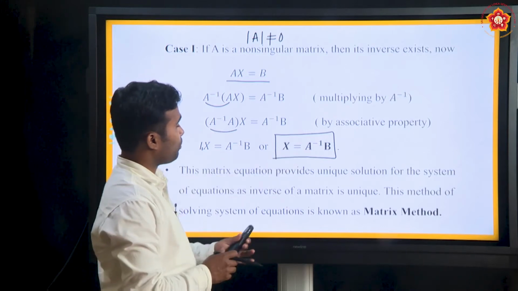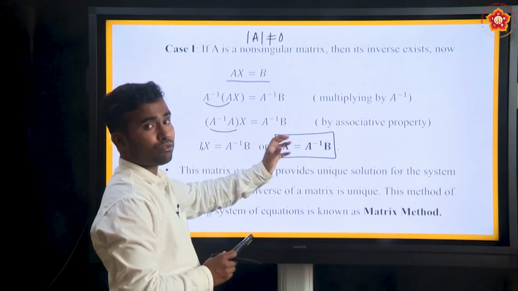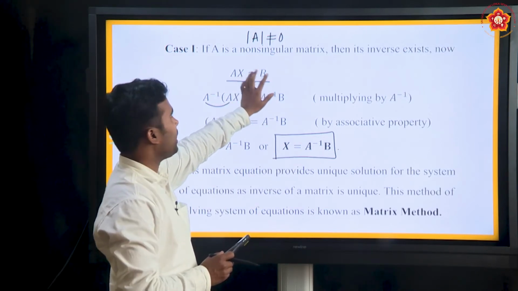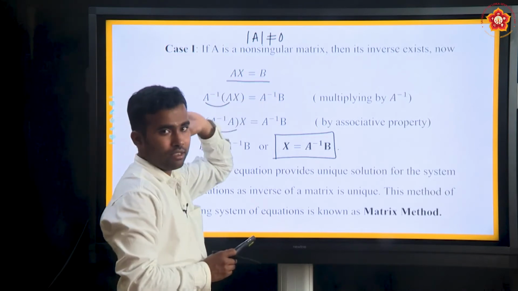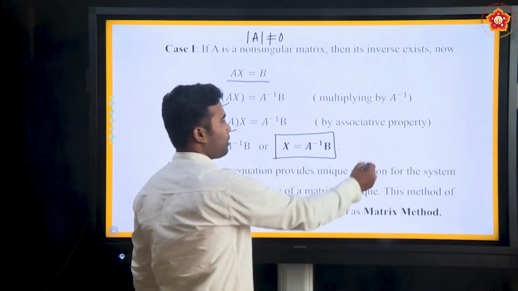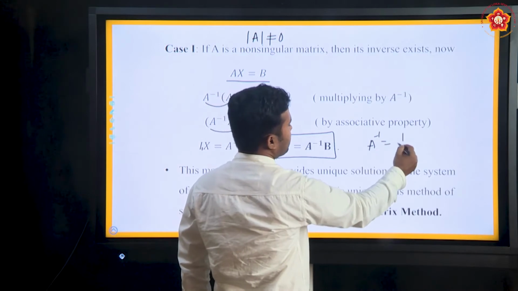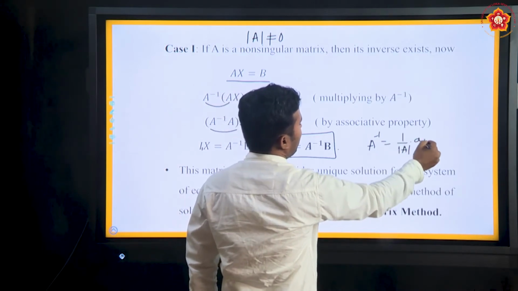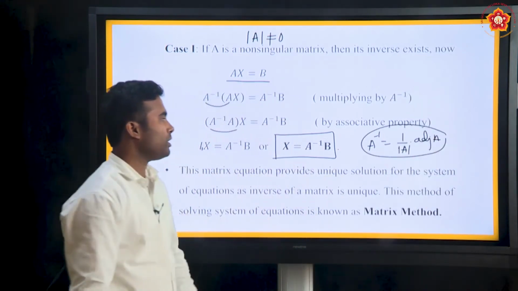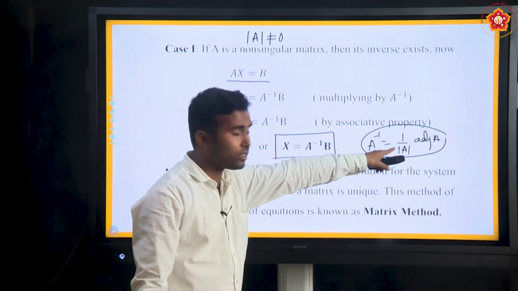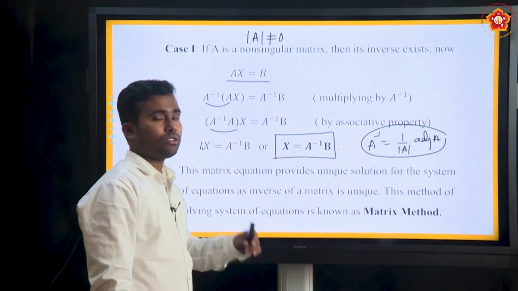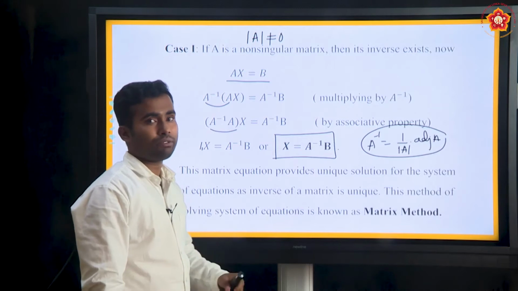We have to find the solution of a system of linear equations. What we have to do is write down the given system of equations in this form, AX = B, and you have to write what A, B and X are. After that, you directly find A inverse. How are you going to find A inverse? We have a formula, right? A inverse is equal to 1 by determinant of A into adjoint of A. Once we find the inverse of A, you multiply that with B, and that gives the solution of the system of equations. It gives the values of the variables.